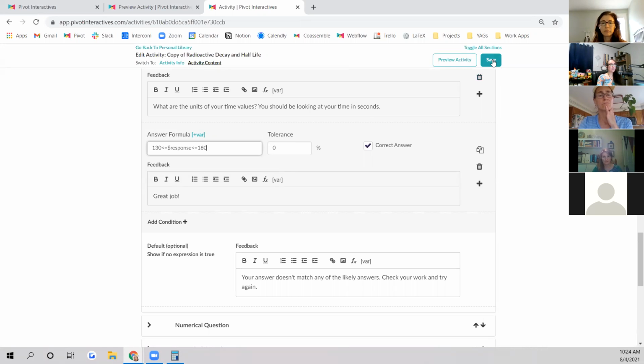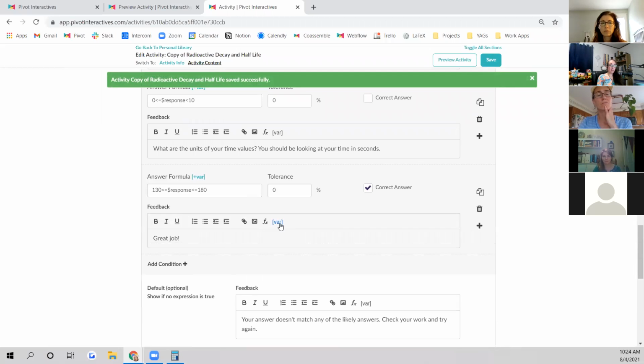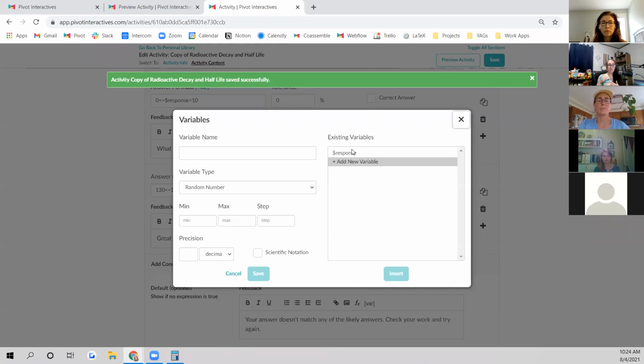The other cool thing that you can do is you may see this thing that says vary, this variable. We can actually set variables inside of an activity and give them random answers. So this is a little bit more on the text side of things, so you need to know a slight bit of math language. If you know Math.js, which is a math programming language, you can actually program your answers here to calculate for